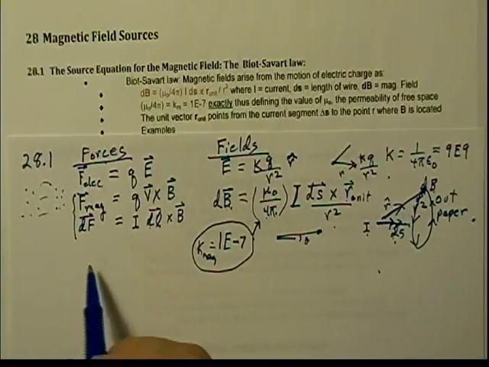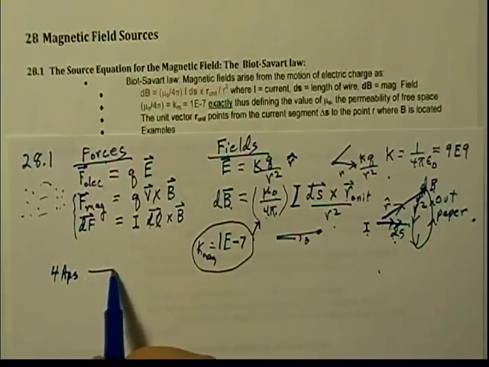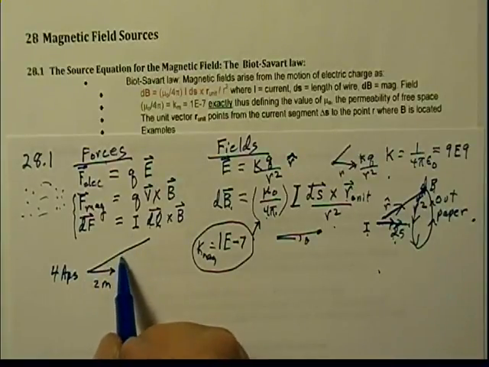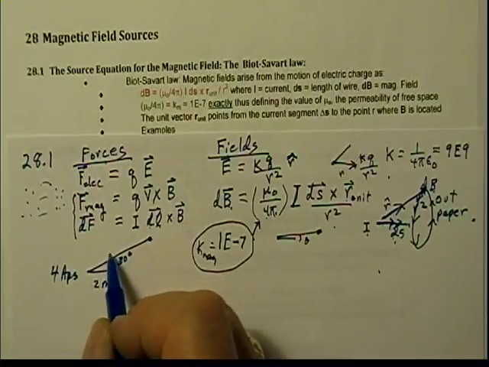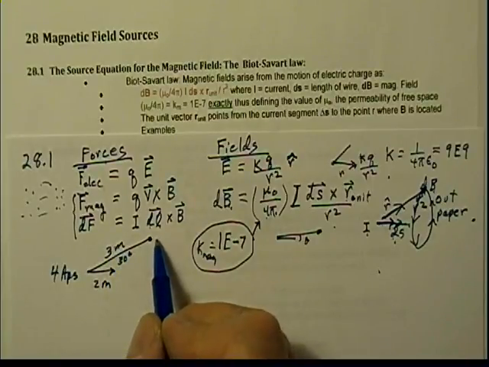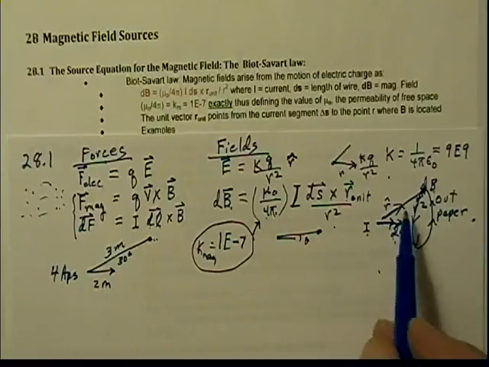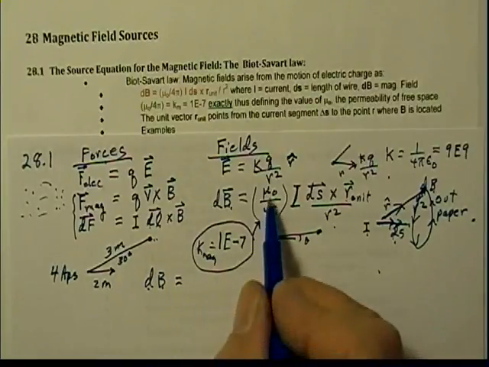And our simple problem that we're going to work on is we're going to take a current of 4 amps in a segment of 2 meters, go out 30 degrees, a distance of 3 meters, and say, what is the magnetic field at this point? And the answer is the magnetic field, I write it as an infinitesimal here, but I could write it as just the magnetic field, is going to be equal to